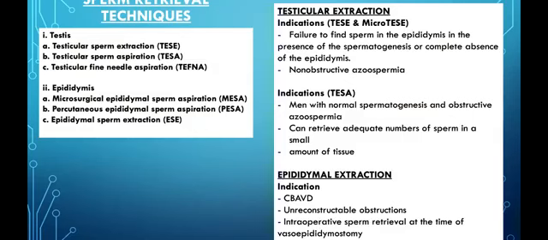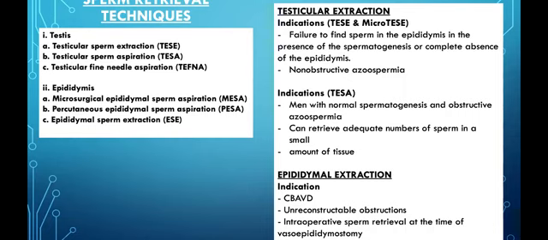So some of the sperm retrieval techniques, just quickly, one gets testicular and then epididymal sperm extraction techniques. So those will be TESE, TESA, and TEFNA. I think in general, testicular sperm extraction and testicular sperm aspiration are used most commonly, and then microTESE as well. And then epididymal will be the microsurgical epididymal sperm aspiration, that's MESA, or percutaneous epididymal sperm aspiration, which is PESA, and then SE, which is epididymal sperm extraction, which is usually open.